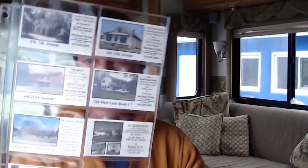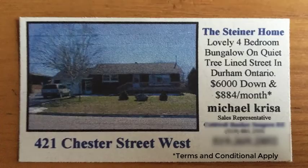Then when I got the listing, here's what happens. I would make up about 50 of these cards, and I would use a software program if you're on a PC like Microsoft Publisher, and you can print these things in no time. You can go to Staples or Office Depot and buy pre-formatted cardstock paper, put it into your color printer, and voila, you've got really cool cards. But let me show you what this would do. So, for example, lovely 4-bedroom bungalow on a quiet tree-lined street, $6,000 down, $884 a month, with a little asterisk,